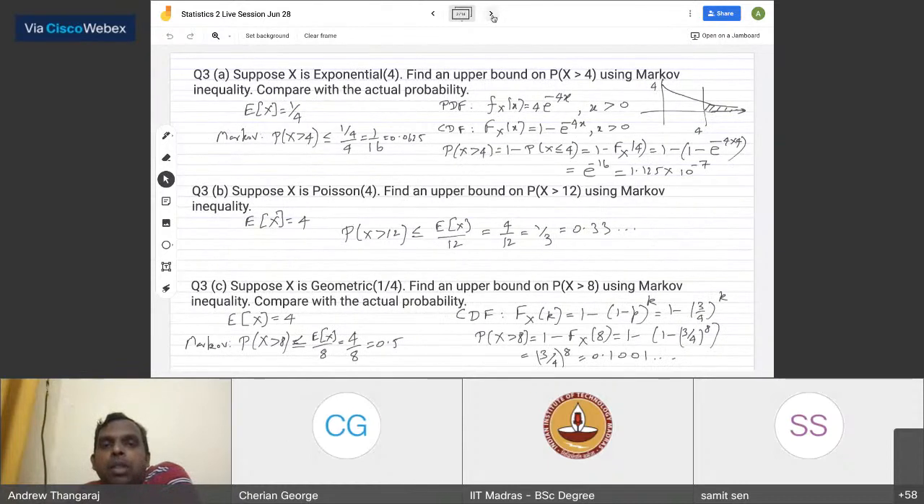So X is exponential 4. If you do that, the expected value is 1 by 4. So the probability that X is greater than 4 is 1 by 4 by 4. It's 1 by 16. It looks low enough. But if you actually